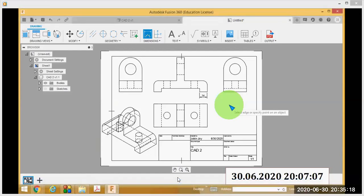Okay, so that's all about the second day. So this is the second assignment. I will submit this question in the Google Classroom. So you have to practice this. You have to create the CAD model in Fusion 360, and then you have to create the front view, top view, and side views, both side views. Okay, right side view as well as left side view, and you have to create the isometric view, and you have to submit. You have to convert this as a PDF document, and you have to submit this as the